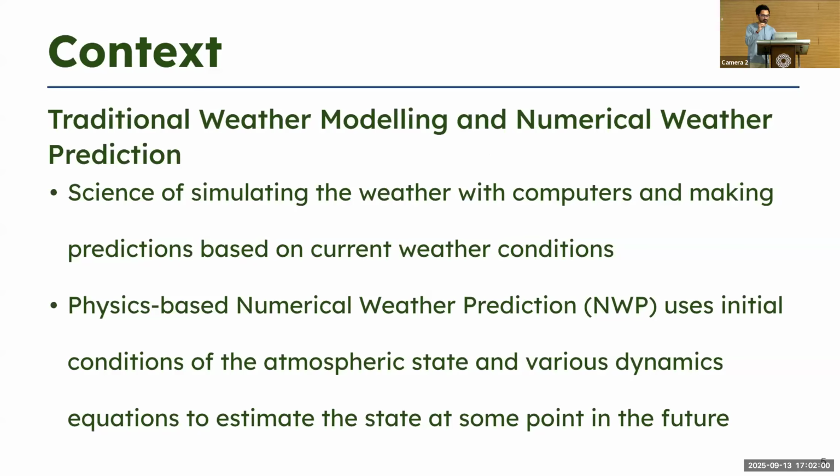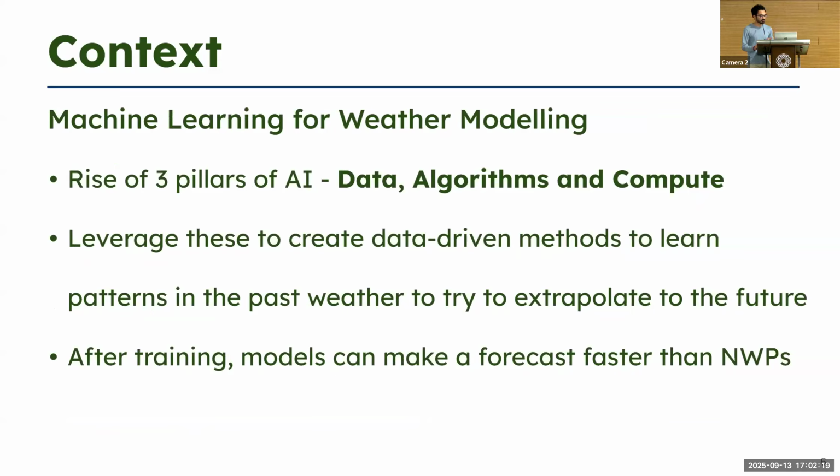So just some background, I'm sure most people know about this, but traditional weather modeling and NWP is a science of simulating the weather with computers and making predictions based on current weather conditions. Now, physics-based NWP uses the initial conditions of the atmosphere and various dynamics equations to estimate the state at some point in the future. Now, machine learning for weather modeling has come up in the past decade or so because